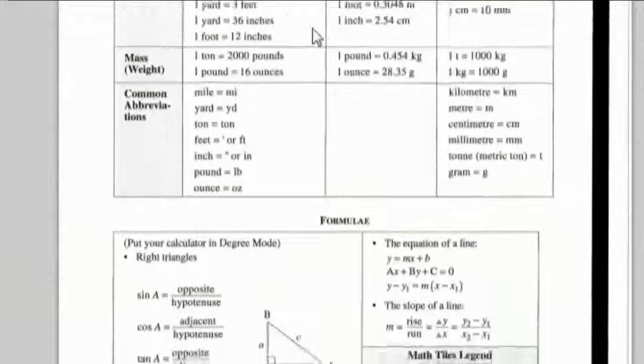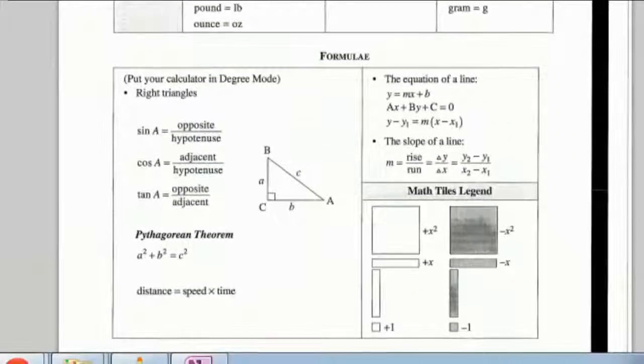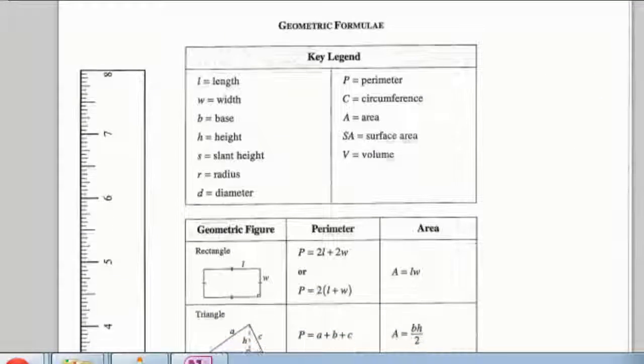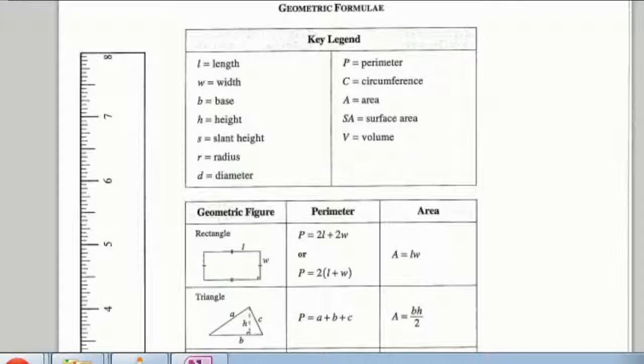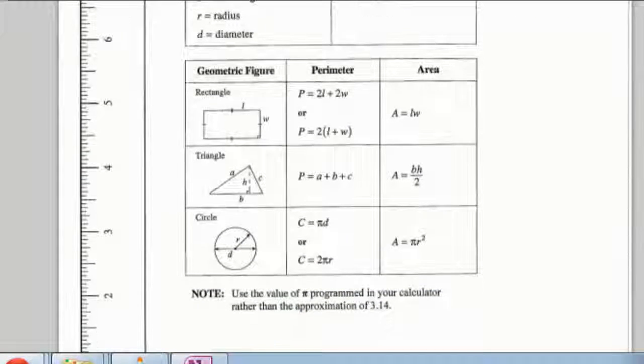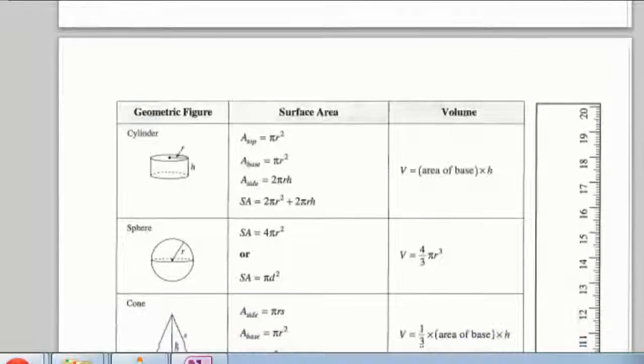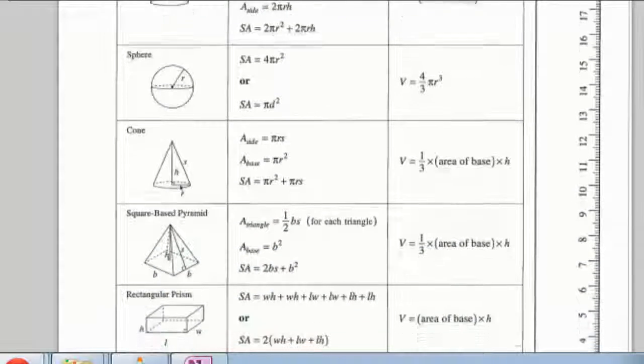You can see here we have all the formulas. We have all of our trig stuff. We have a little bit of algebra tiles things there. Let's scroll down here a little bit so Mr. Ross can have a peek at that stuff. It tells you all the legend stuff, so length, width, base, what all the letters mean. You can see there's a ruler on here, which is kind of strange, but you actually need to measure some stuff on your formula, on your final exam. All of the formulas for the perimeters and areas of all of these shapes. Again, more 3D shapes now.